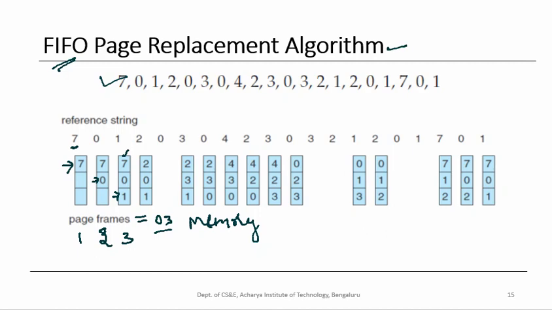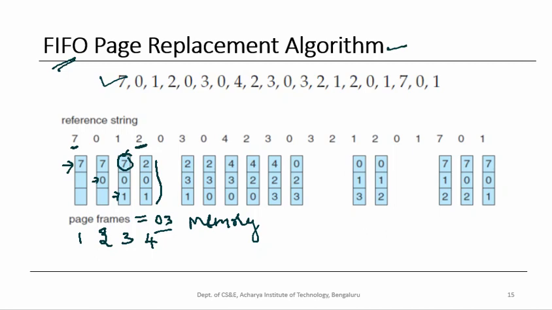So how could this be realized? It is very easy. Just attach the timestamp with the references, or with the page number, and from that we can find out the period of time the page is residing in the main memory. So now which is the oldest page? In this case 7 is the oldest page. Therefore when the reference is made to 2, 7 is replaced by 2. Now this is what we see in the memory, so that is also a page fault.